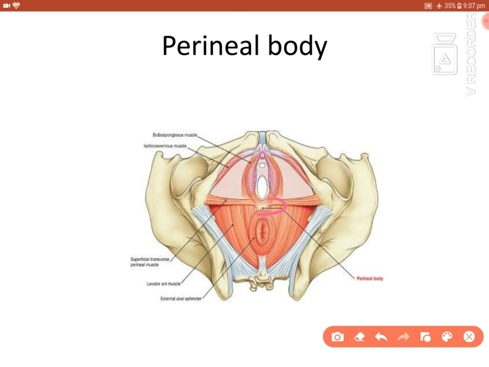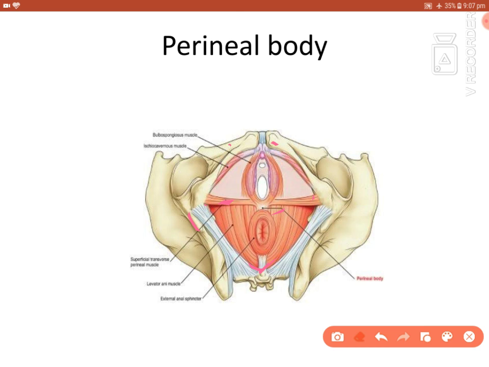This is the perineum. This is the pelvic outlet. Here you can see the urogenital triangle. Then this is the anal triangle. So the perineal body is a fibromuscular node between the urogenital triangle and the anal triangle. It lies median. There are some 10 muscles converging to this perineal body, which includes 4 paired